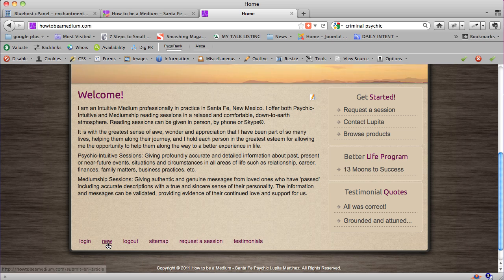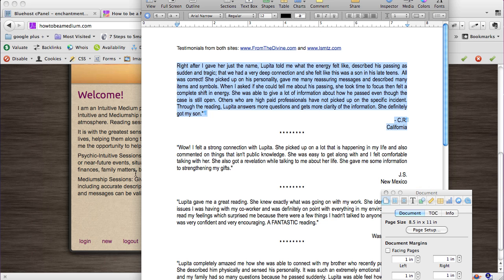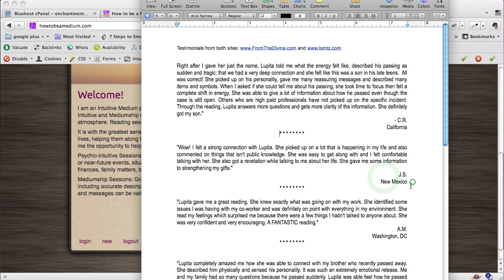So I've created a new button. You might have one that says submit an article, but you want your webmaster or you to create a link that will enable you to create a new article. So we also have a file that has quotes for the testimonial. And so I think the first thing I'm going to do is just copy this quote, and then I'm going